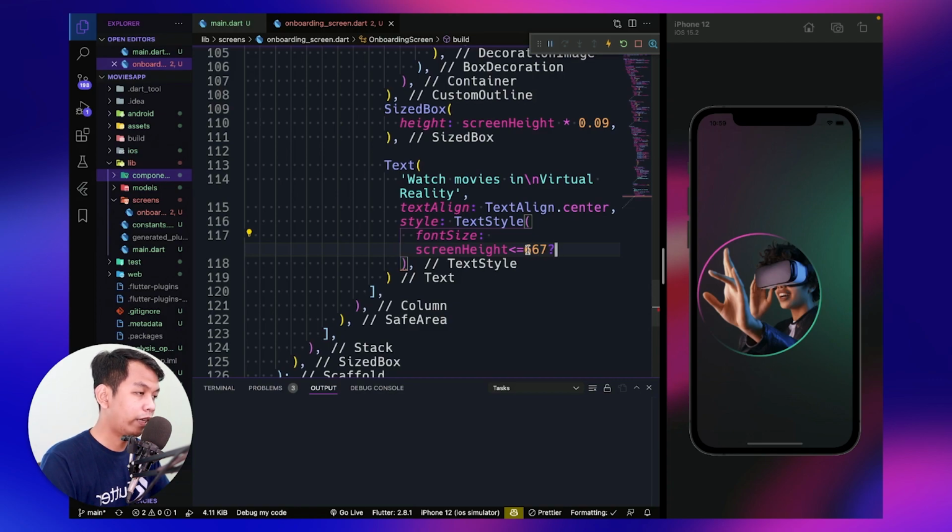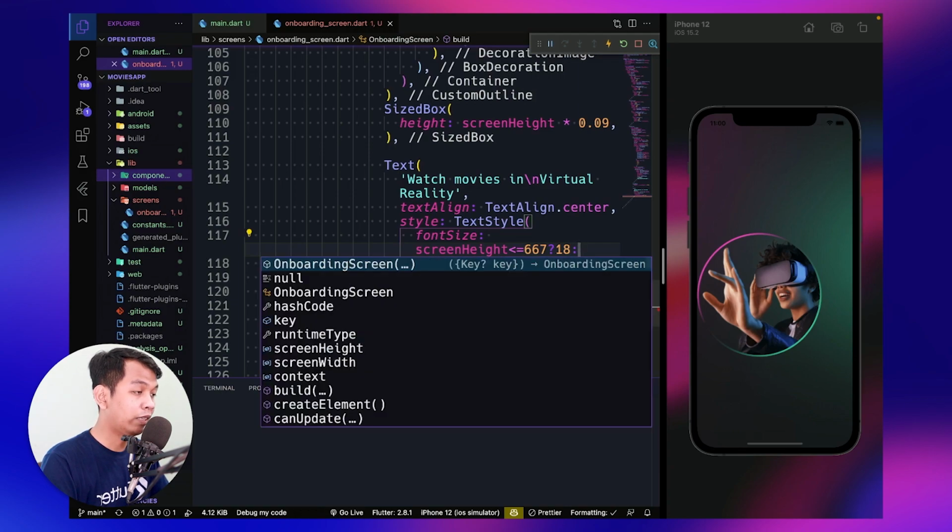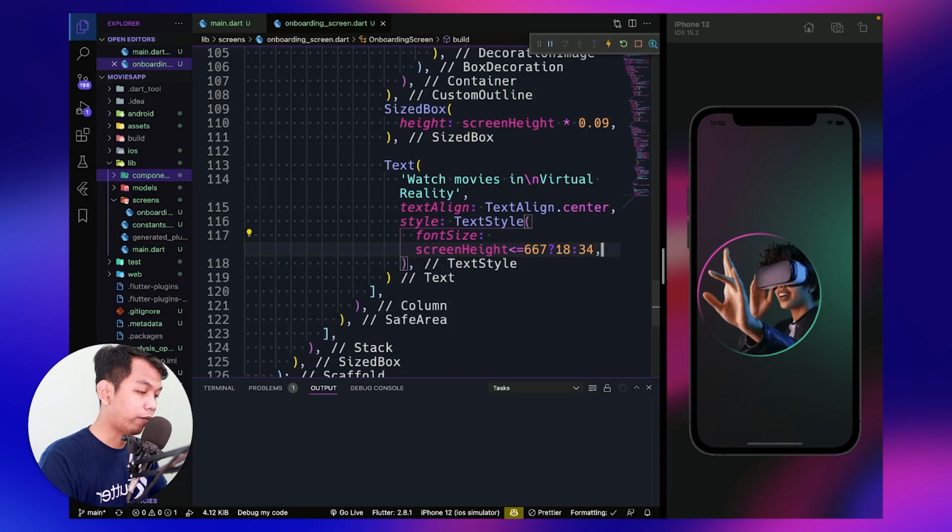So if the height is less than or equal to the height of iPhone SE, the font size will be 18. And if the height is greater than the iPhone SE screen height, it will be 34.